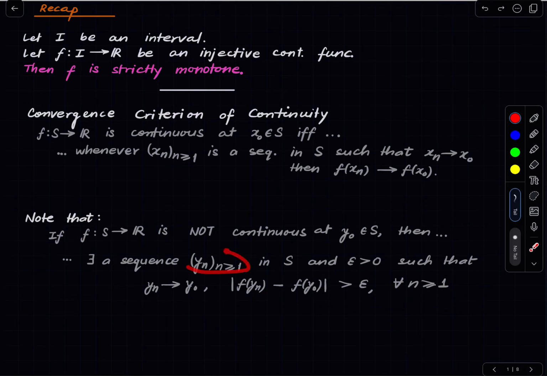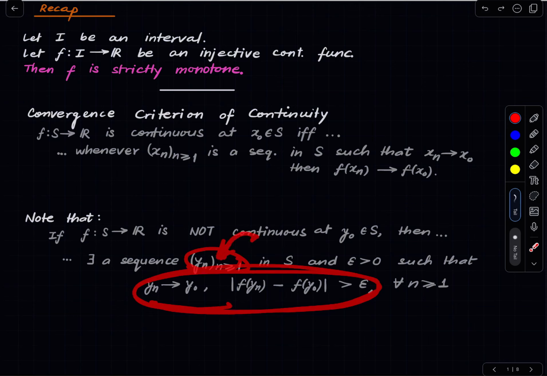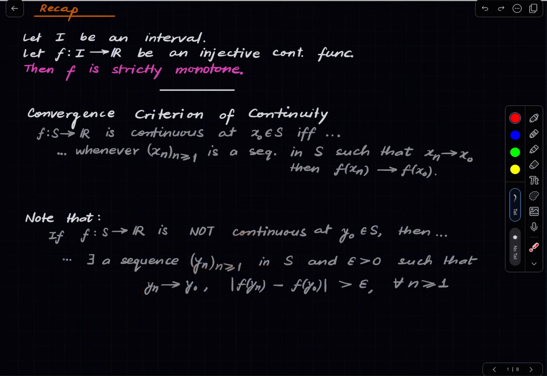Once you found a sequence where this thing happens frequently, you can extract a subsequence of y n where this thing happens always, and that subsequence will satisfy this. So please note that this is a very simple fact, but we will use it, and you should stay on it. If it is not clear, then you should stay on it. Okay,